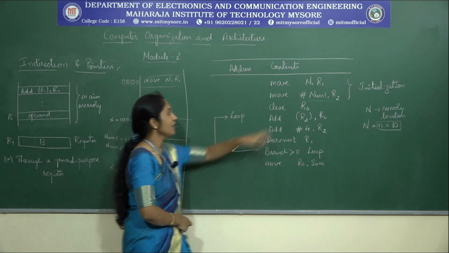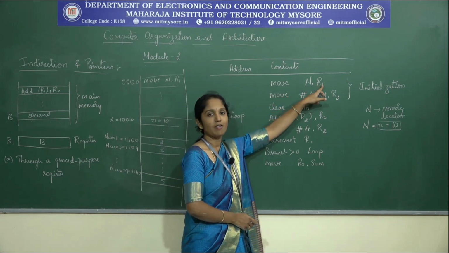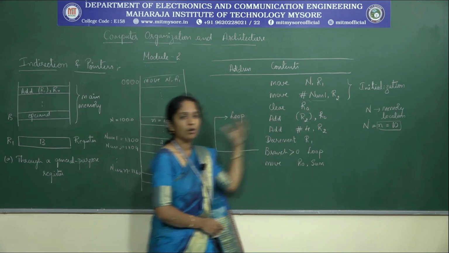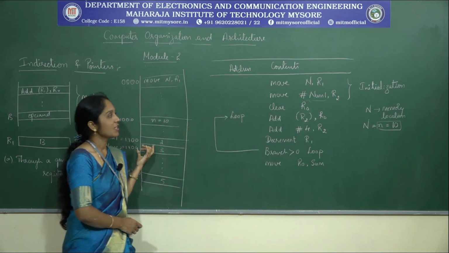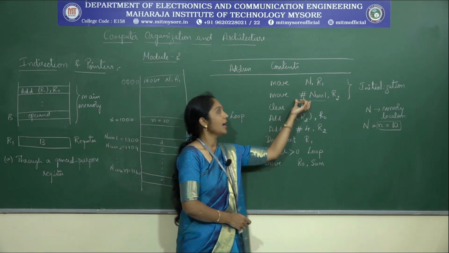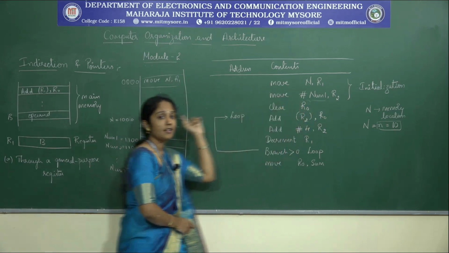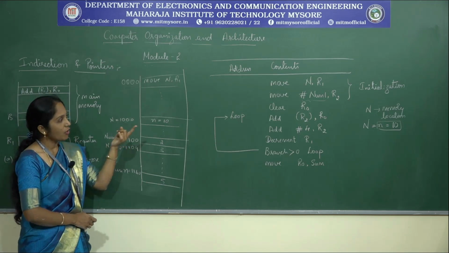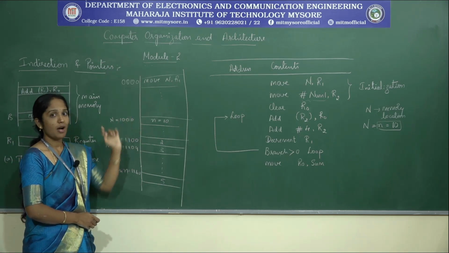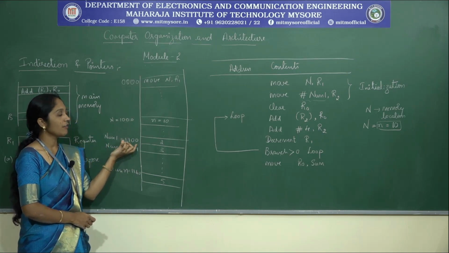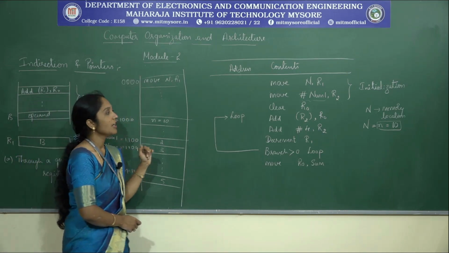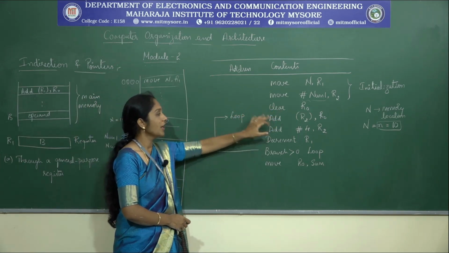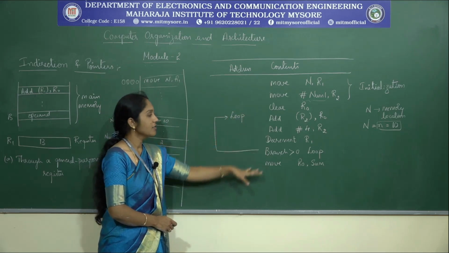Initially we have move n comma R1. Therefore register R1 now contains 10, according to our assumption. Next, move as num1 comma R2. R2 contains the address 1100, because I have moved num1 into R2. So the address of the first operand is moved into R2. Next, clear R0, so R0 is cleared to 0. Next, we have a loop wherein we have the add instructions.